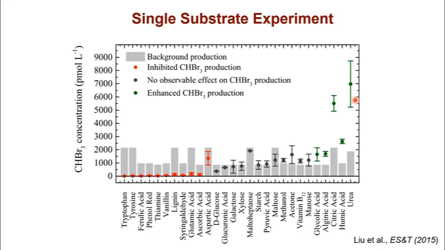I want to also point out that humic acid is actually not quite seawater soluble. As extracted, it's a base soluble acid, so I can only get a little bit in. So that is not really 1,000 micromole carbon, but it still ranks pretty high in terms of the production of